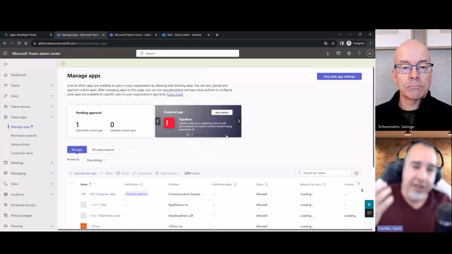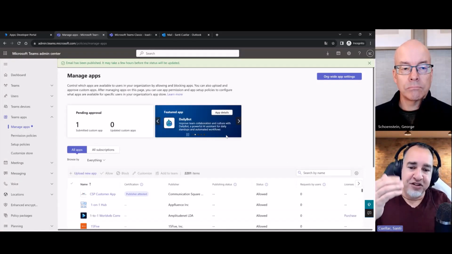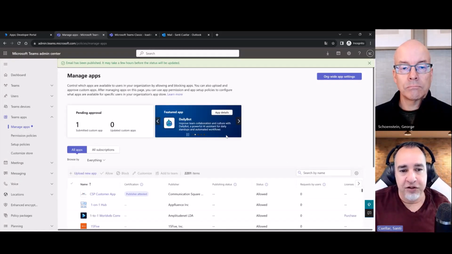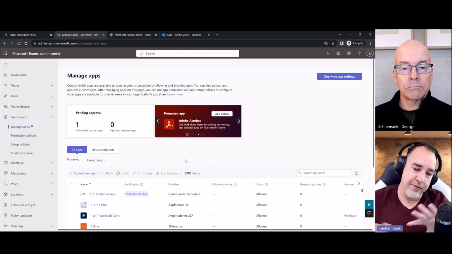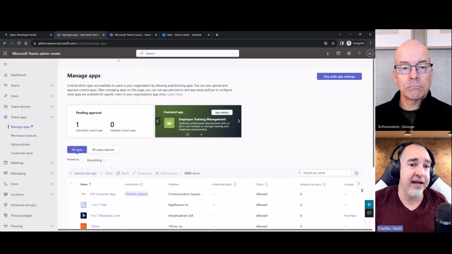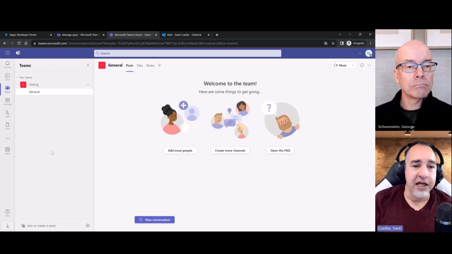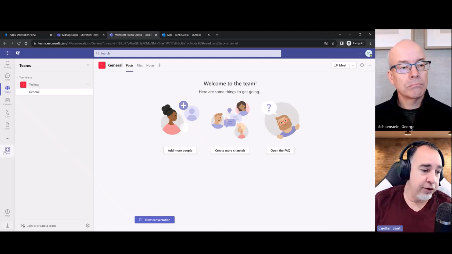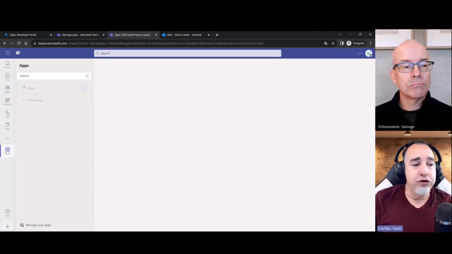So again, when you go to Teams and you click on apps, you can look at the app store, but there's a section of that store that's only internal to your organization. Let me show you what that looks like. It does take a few minutes for everything to flow through and publish, but let me switch to now Microsoft Teams. So I'm back as a user. So here I am, I'm in Microsoft Teams, okay? And if I want to add an app, where do I go? I go to the app icon in Microsoft Teams, right? When you do that,